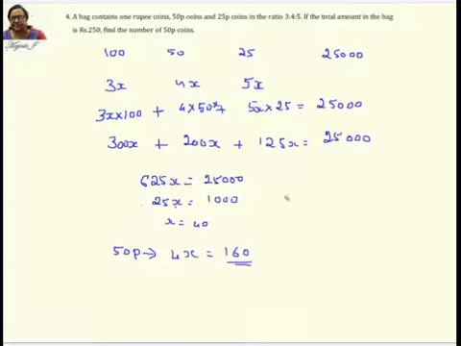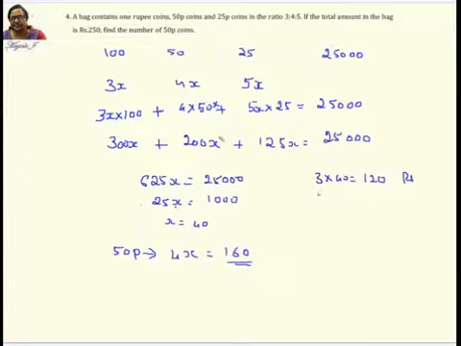If you're seriously having a doubt that your problem might be a mistake, so you just consider this. 1 rupee coin, how many are there? 3 into 40, 120. Okay, this is 120 rupees I'm taking as such. And then 50 paise coin. I'll keep everything in terms of rupees now. So 50 paise coins, you have 160.